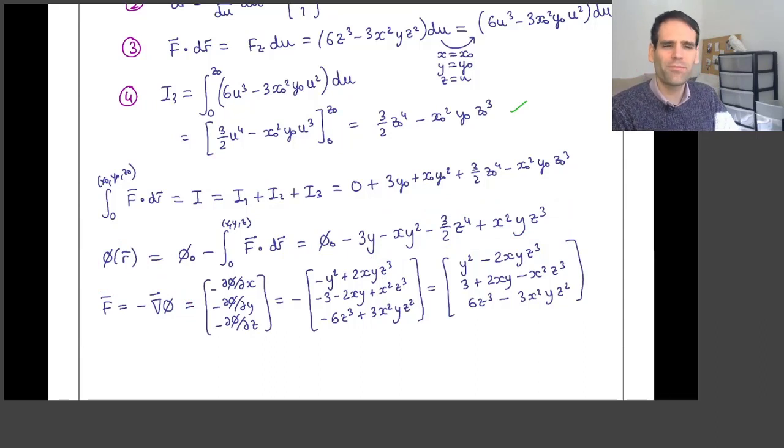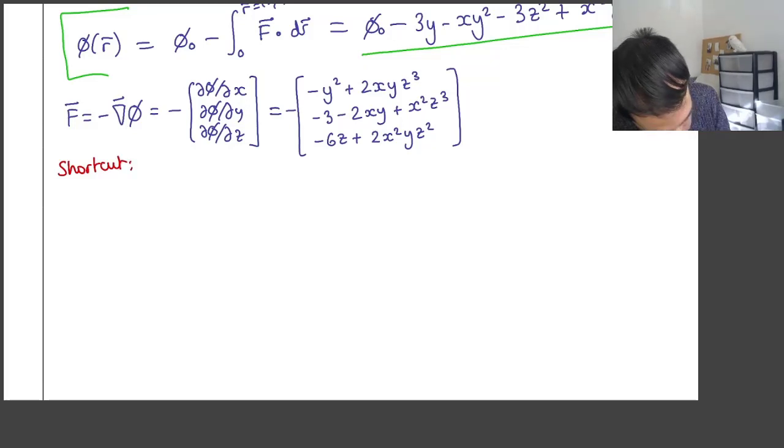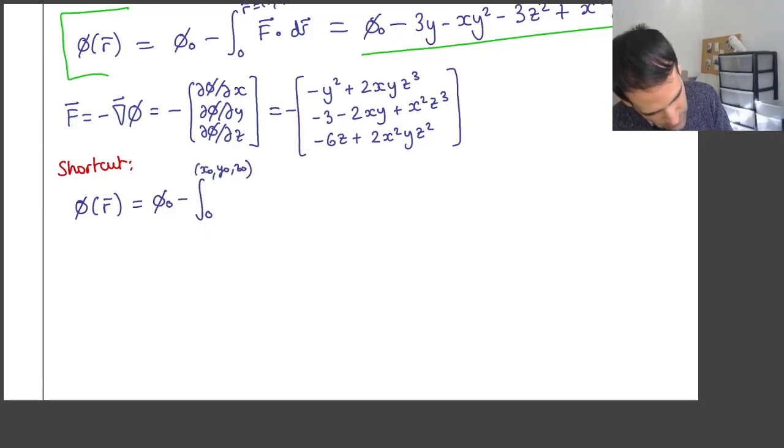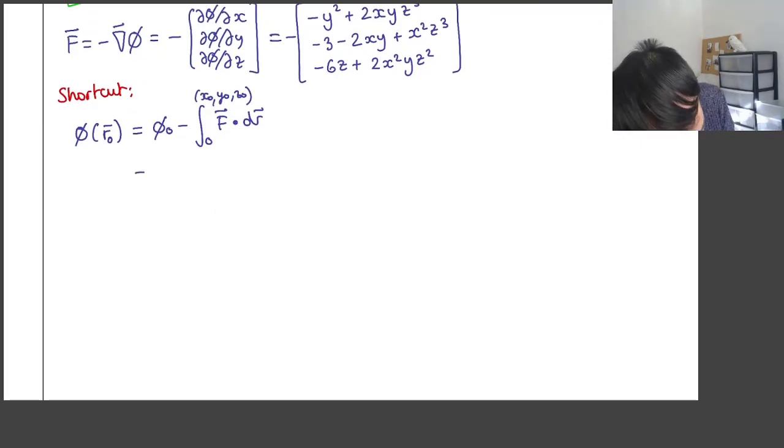Okay, so we have found the scalar potential for a vector field. This was the long path, but let's do it in a shorter way. So we begin the problem by saying that our potential at any point r is equal to phi 0 minus the integral from 0 to x0, y0, z0. And this will be, by the way, let's call it the potential at r0, of f dot dr. Okay, so now we can write that this is equal to phi 0 minus the integral in x from 0 to x0